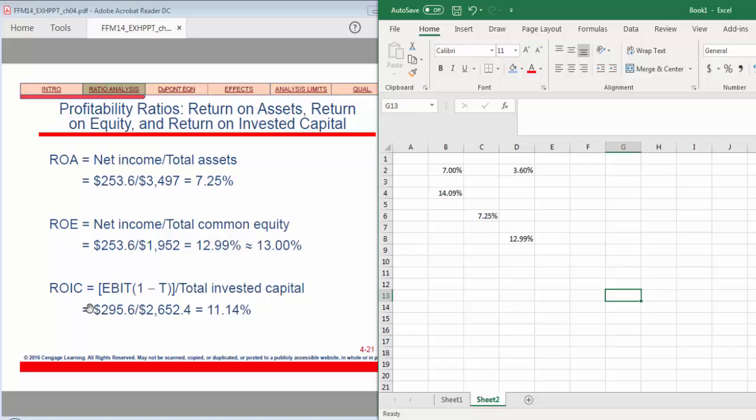ROIC, return on invested capital, this is going to be EBIT minus the taxes divided by total invested capital, which is going to give you ROIC. So you're trying to now take away the tax treatment. So EBIT is going to come from the income statement, 295.6 divided by 1 minus tax, which I believe should be, I'm sorry, this is going to be